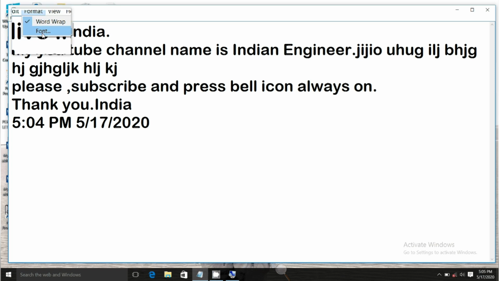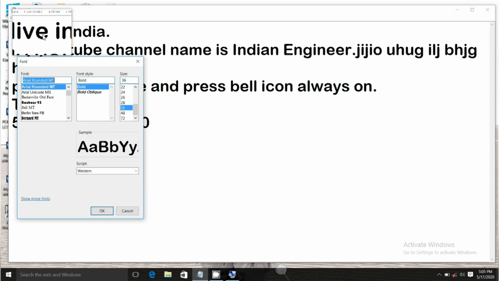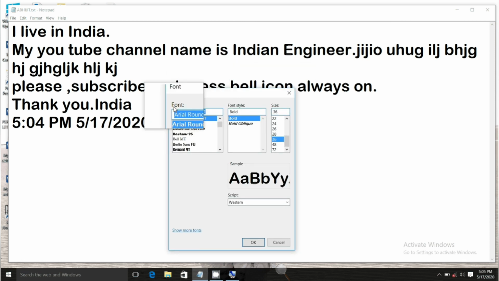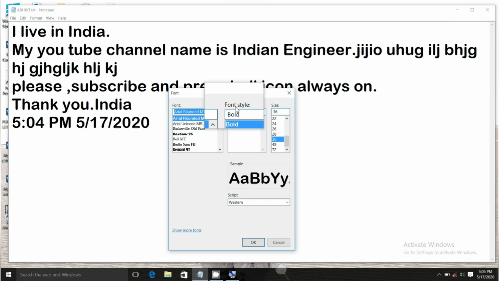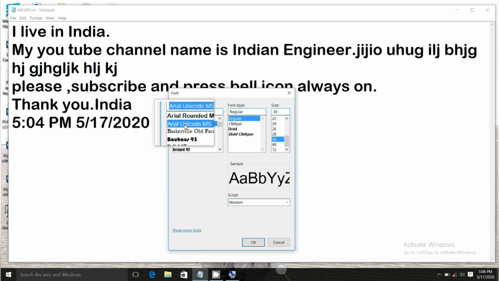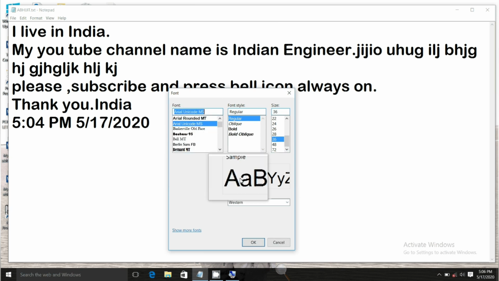In the Font menu, this is a very important option. Here you can choose font style and font size. In Font you can choose various kinds of fonts. I will choose Arial Unicode MS, and you can see the preview sample here.